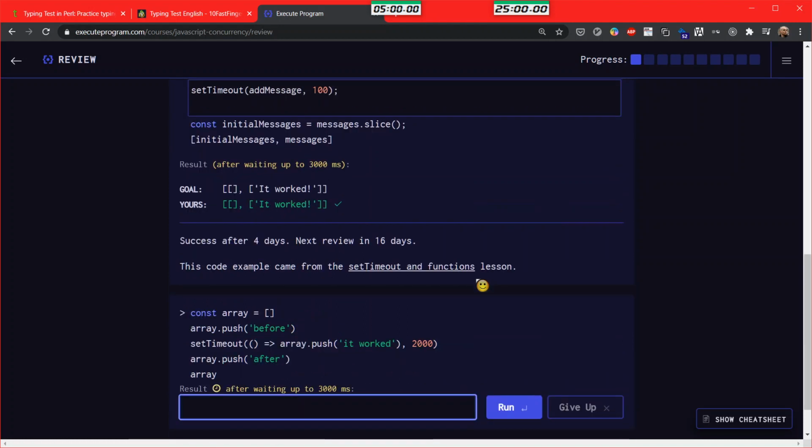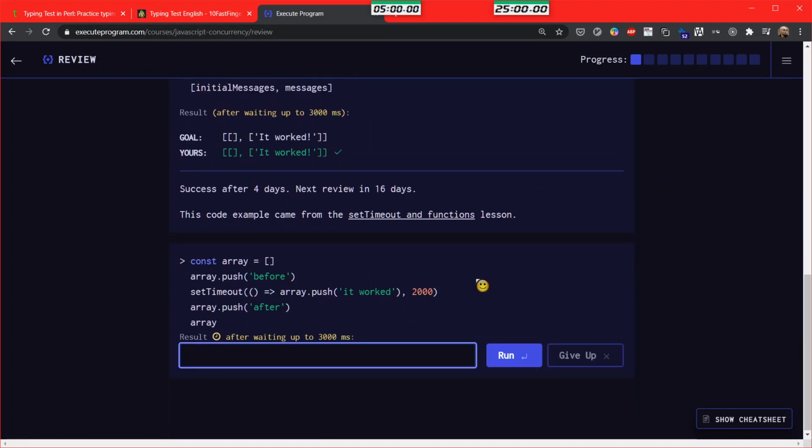Okay, so that worked. So this will be an array and it will be for after. It worked.